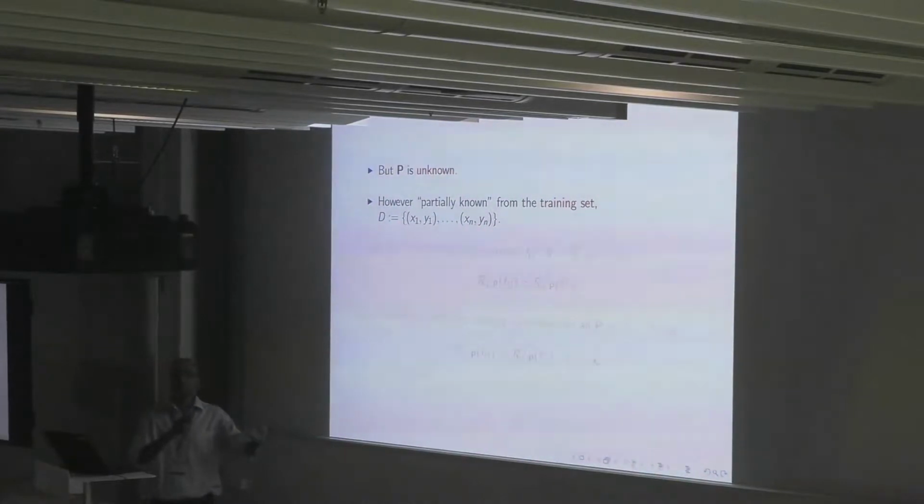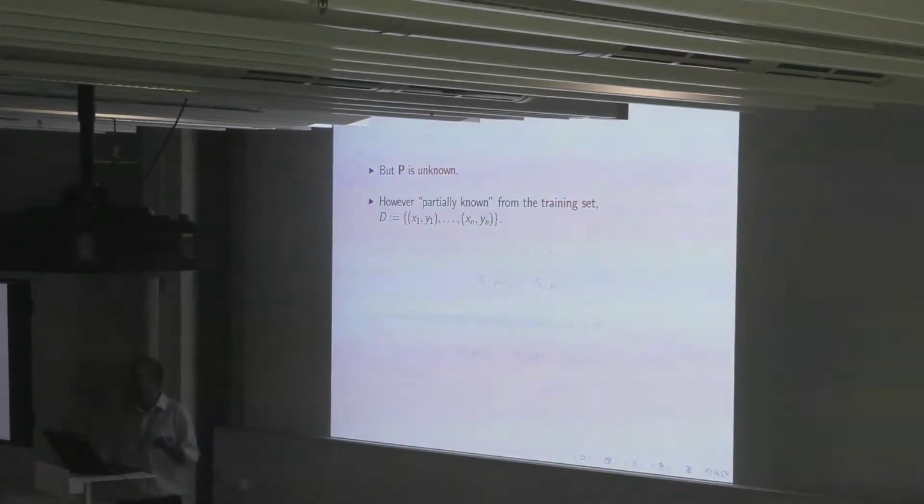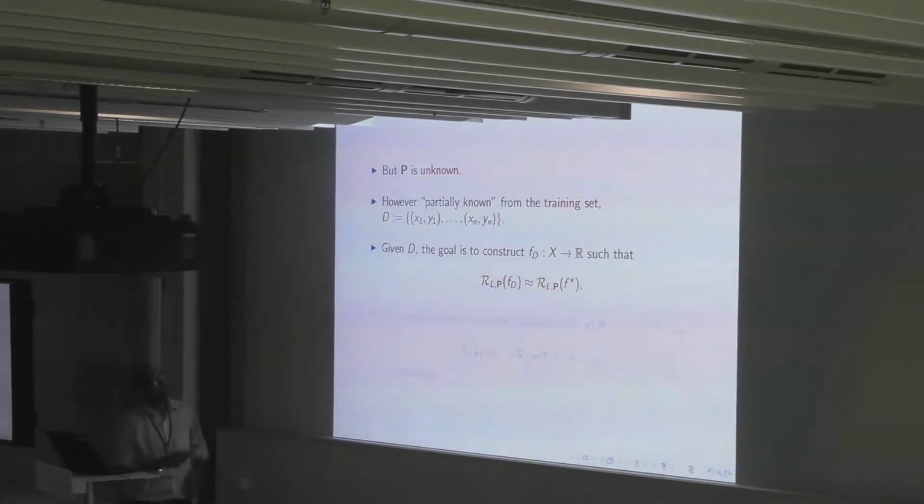That's fine. So if you know P, probably you can do something in some cases. But what if I don't know P? Actually, in the learning setup, you really don't know P. The only way you know P is through the training samples that are given to you, right? So now using the training samples, the goal is to come up with f subscript D. So this is basically my estimator or a learner, right? So I want to construct